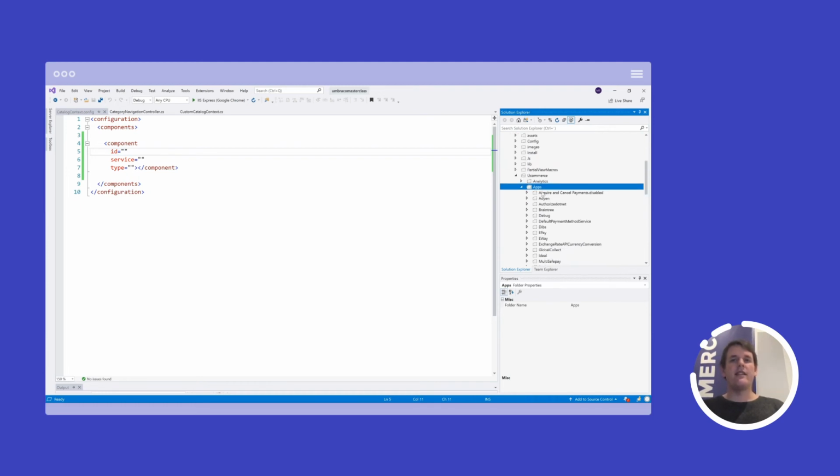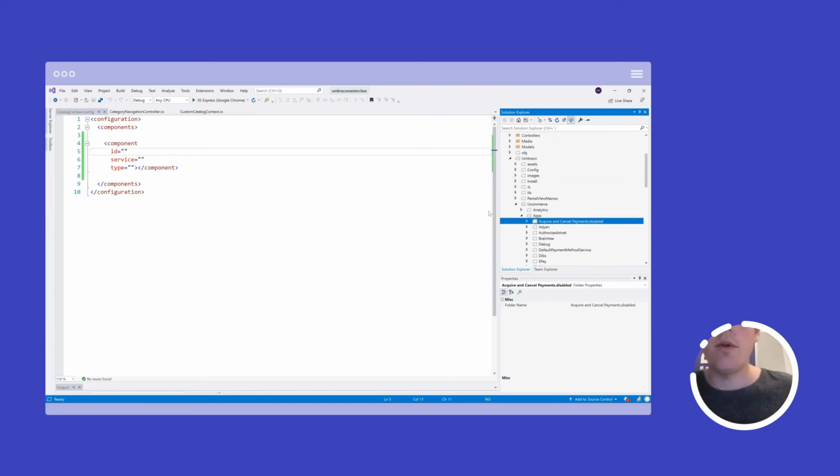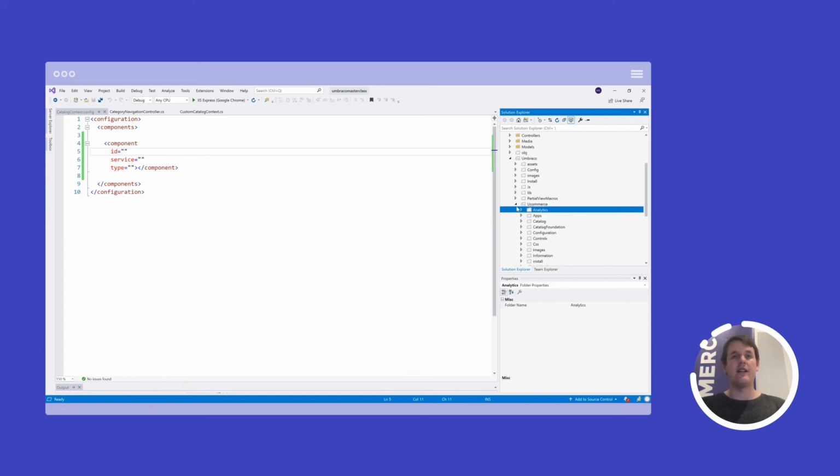So it's very nice that this apps folder here is automatically picked up, but it also means that sometimes you want to disable something and not have it running. Instead of deleting it, you can then suffix the folder name with .disabled, which will tell Castle Windsor to not pick it up. And you can do the same thing with the configuration files as well. If you set the configuration file to disabled, again, it will not be picked up by the IOC container. So you can turn on and off features in that way as well. So apps folder included last, override by ID, then you always ensure there's only one component in the IOC container and it's yours.